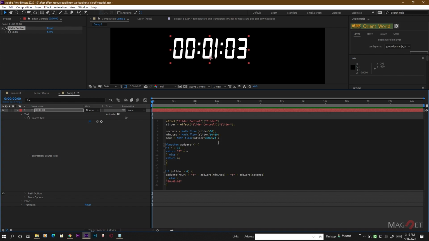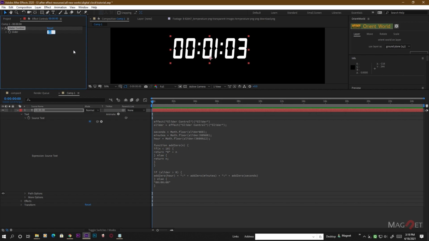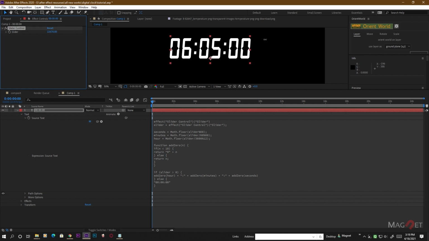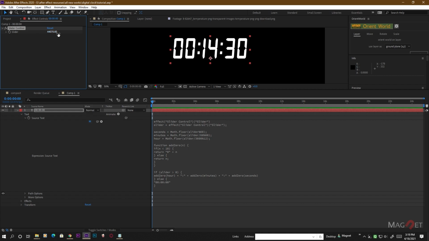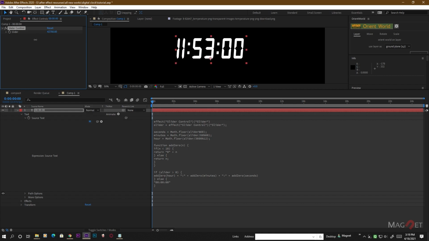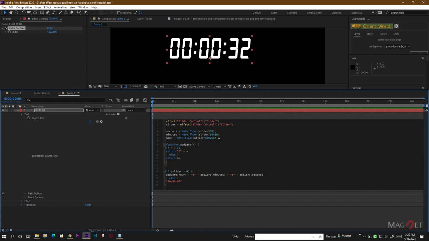And here you will find 24, because we know that our clock runs only 24 hours. If you want a 24-hour clock, then you put 24 here, but if you want a 12-hour clock, then you can change it to 12. So in this order, if you type 3600, you will see there is a 1, and then if you increase this like this, you will see it only goes to 11 o'clock and then 12 o'clock, and then it becomes 0, because we put 12 here. But if we put 24 here,